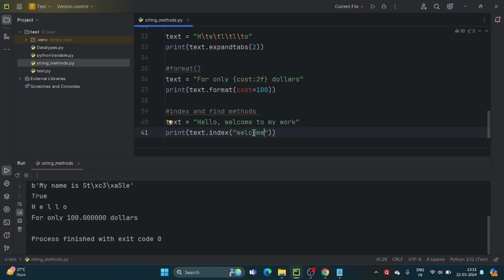So it will return the position of the string. For example, like we have hello, so we will start with the index that is 0 1 2 3 4 5 6. So the index of welcome is 7,